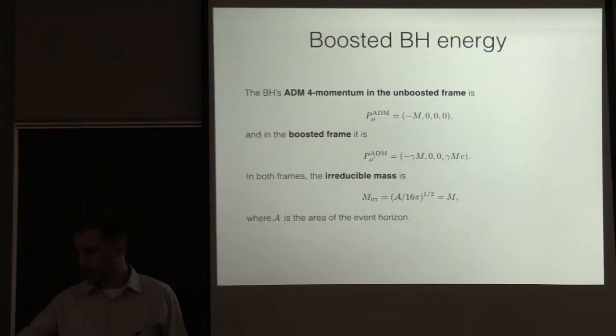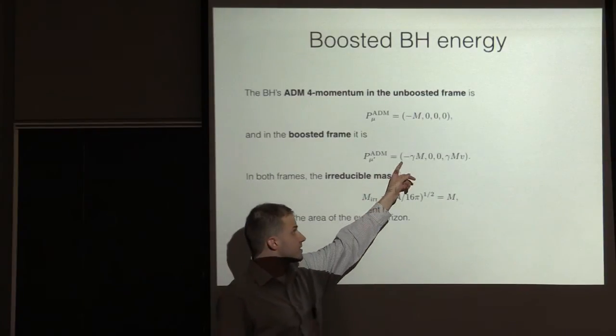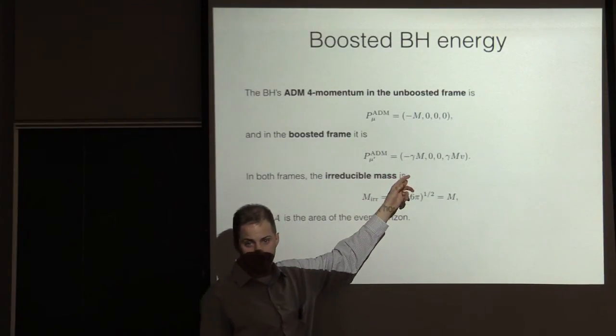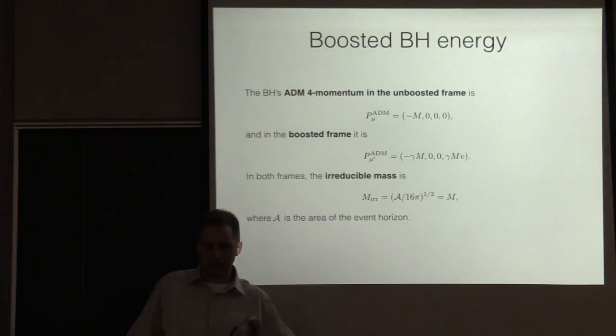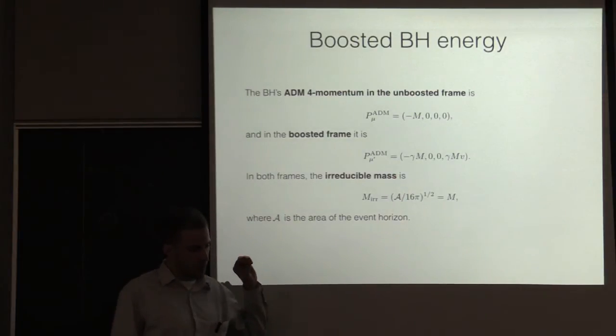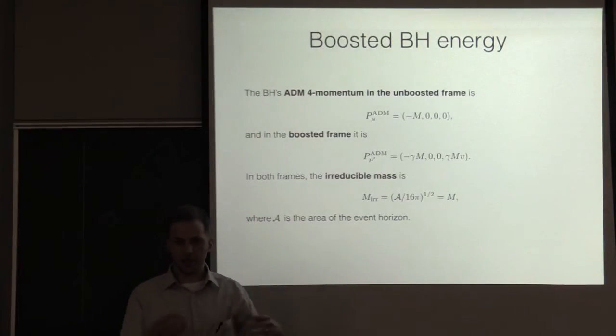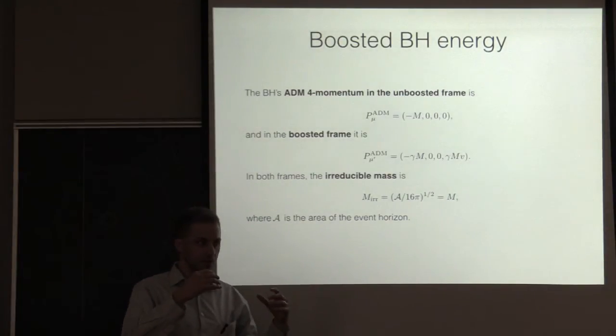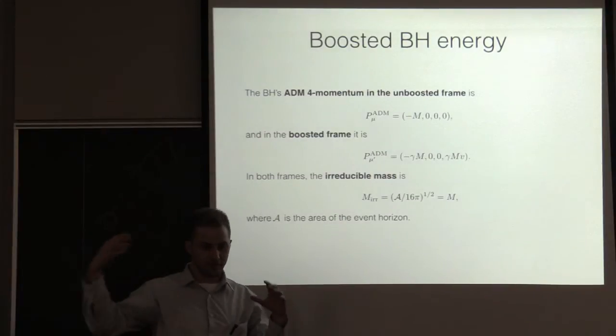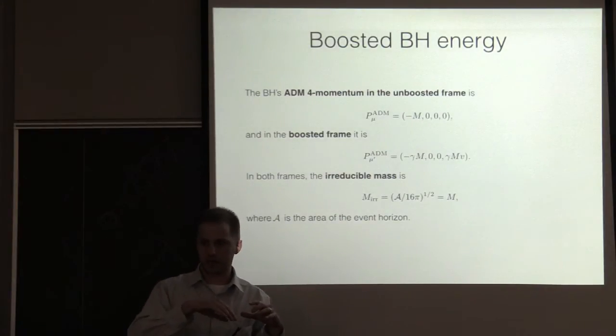But a weird thing about it is that this is an observer-dependent notion of energy. It's the time component of this four-momentum. So as the black hole goes through the magnetic field, and I say, oh, the magnetic field is extracting energy from it, another observer in a different frame will have a very different interpretation. It'll look like the field is moving and giving energy to the black hole.